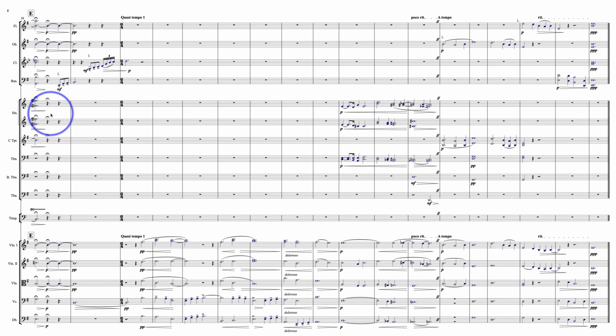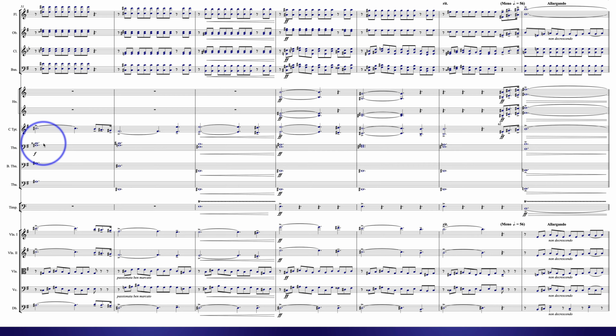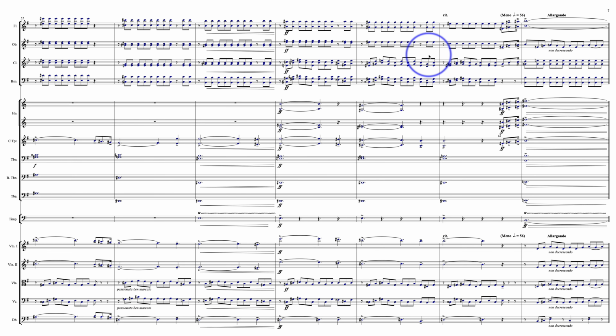All right, so jumping back to here, I thought that this was nicely done. I would say that you should have destination dynamics on all these parts, right? So I'm just going to flip back to the passage leading to here. You have this da da da da da, and non-decrescendo, right? Why are you putting diminuendo marks on this?